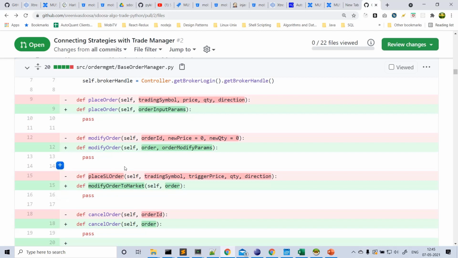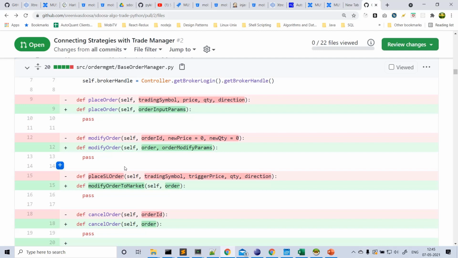This comes in handy when, let's say, your order is running, your SL order is in place, the target is in place, and none of them hit till the square-off time at 3:15, assume, and at 3:15 you want to exit the position. One approach is to cancel the existing order and place a new order to exit the position. Another approach is to just change the current target order to market price, so that it will be squared off immediately.